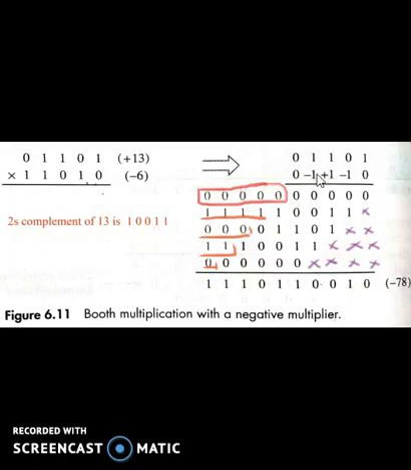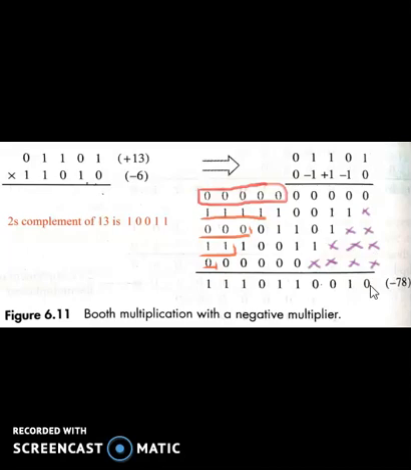Again minus 1 is there, so plus 13 times minus 1 is minus 13. So write the 2's complement of 13, which is 1 0 0 1 1. So 1 0 0 1 1, and extend the remaining 2 bits with 1 1 because this bit was 1. The remaining 0 multiplied with this number produces a 0. So these 5 zeros are there and 1 bit has to extend.